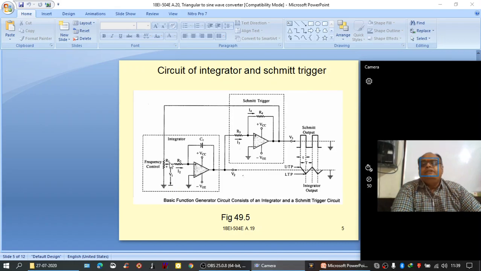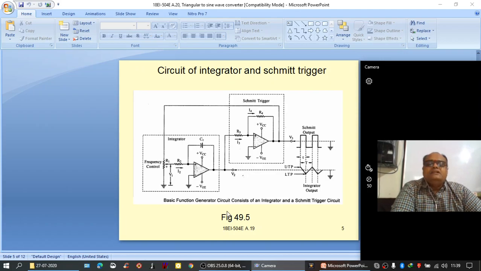So depending upon the wiper potential here, a positive voltage will appear on the capacitor. So capacitor gradually starts charging with a polarity of positive plus here and negative minus here. So the output of the operational amplifier gradually starts changing in the negative direction. Our capacitor starts charging, and the capacitor charging looking from outside appears to be negative going ramp.